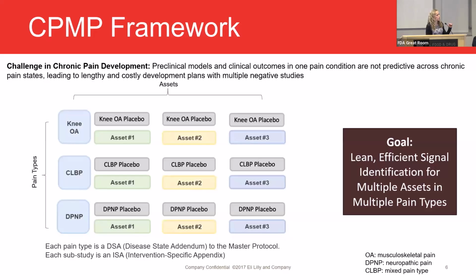Across the columns, then, you can see the different assets coming in. The protocol is sufficiently flexible that a given asset does not have to study all 3 pain types. Most have, I believe all have so far. It's not a requirement, but it is allowed, and we have that flexibility to look at the 3 pain types